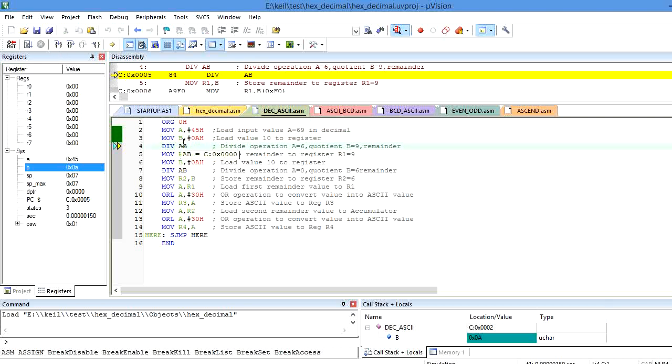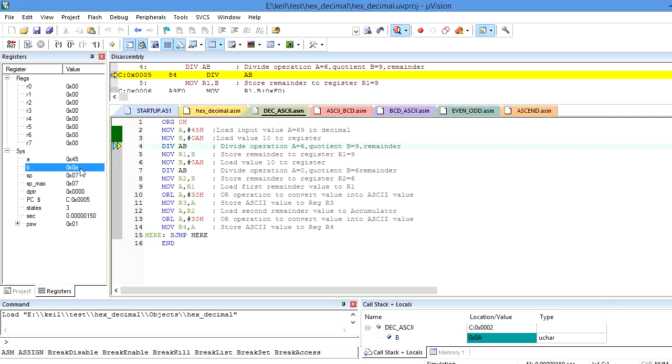I will copy it into the register B by using the instruction move B, #0AH. After that, as I told, I want to convert this hexa value into decimal value. So what do I need to perform? Divide operation. Whenever I perform divide operation, the accumulator contains the quotient and register B contains the remainder. Before execution of the divide instruction, A is 45H and B is 0AH.